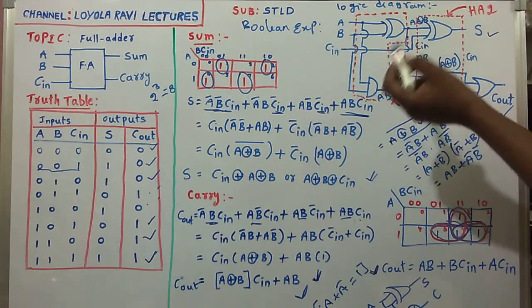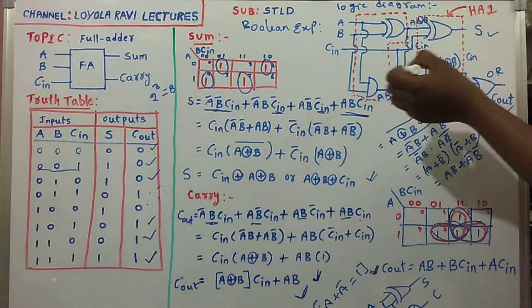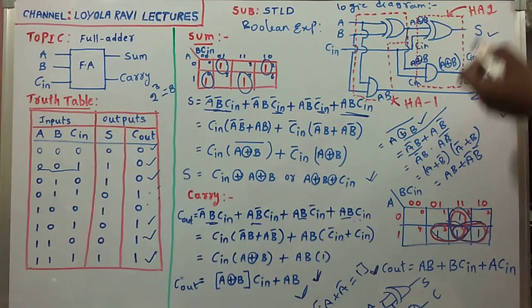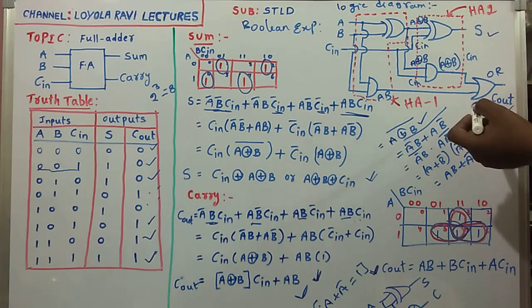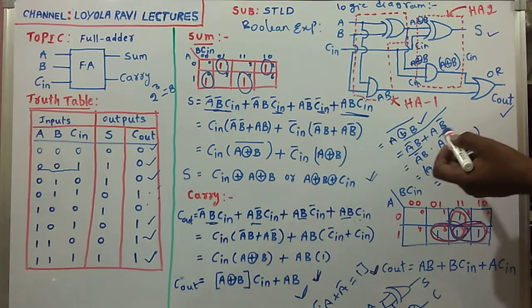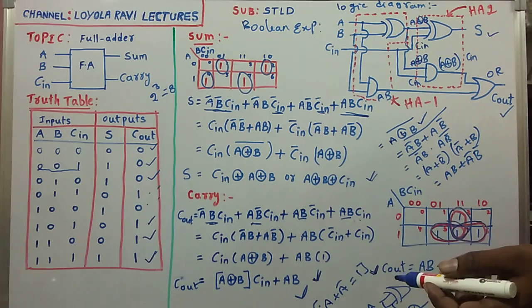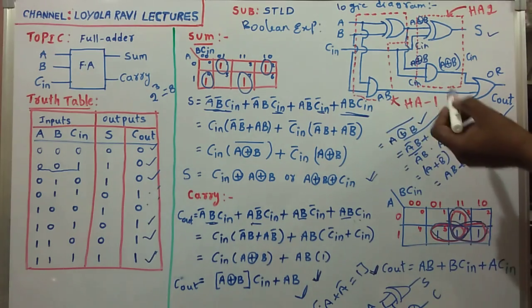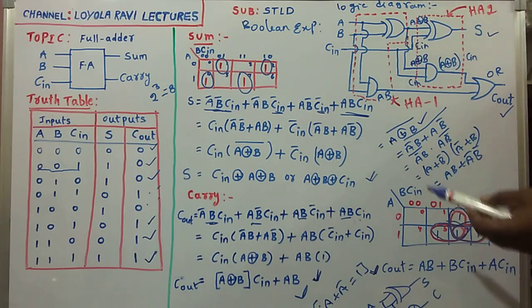So here in the implementation we are getting one additional OR gate. No problem. So like this we have two half adders and one OR gate. Implementation of full adder using two half adders and one OR gate. This is a very important question. Maximum he may ask like this. In the examination he will not ask to explain half adder, full adder like that. He will ask implementation. So implementation of full adder using half adder is this one. So very important. Try to practice this once again.